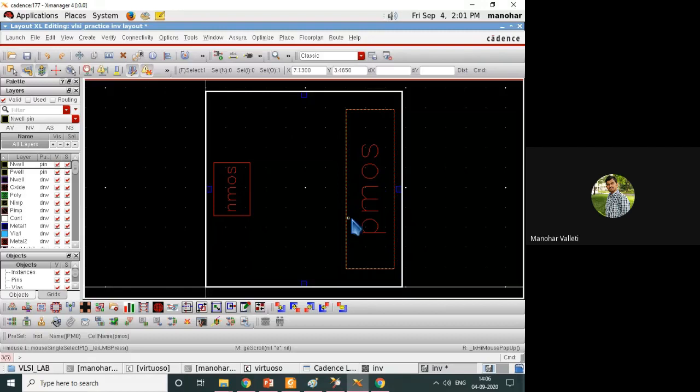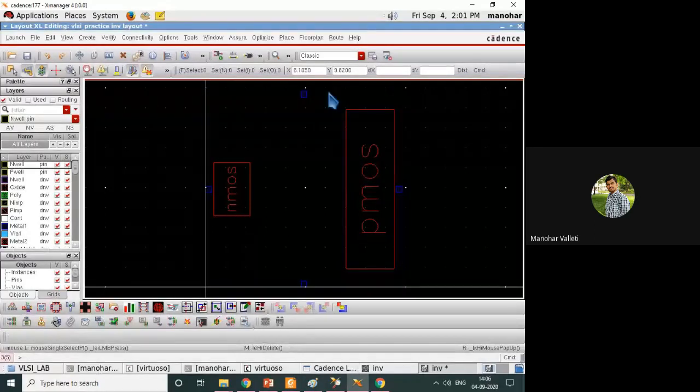We'll see to it that we try to implement your design in as small an area as possible. But our motto here is to understand how you will connect your NMOS and PMOS components in the layout. So for the time being, while I am learning, we won't concentrate on the area. So I am removing this boundary.